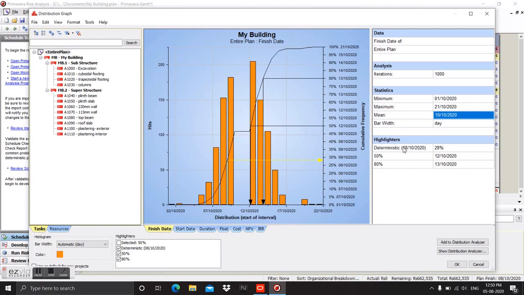And here you can see that the deterministic date, which is this date, has a 28% chance that the project will complete on this date. There is a 50% chance that the project will complete on this date, and an 80% chance that the project will complete on this date.